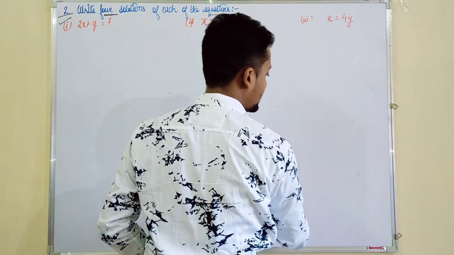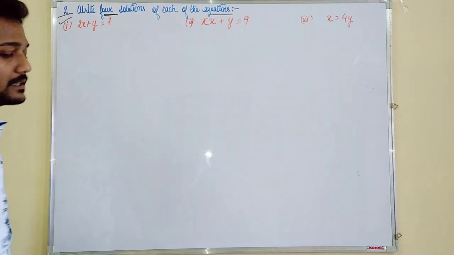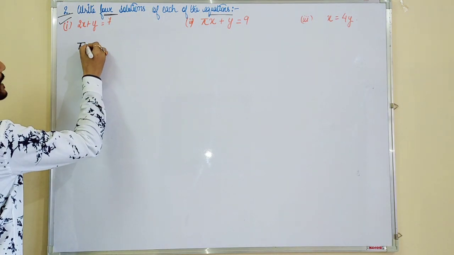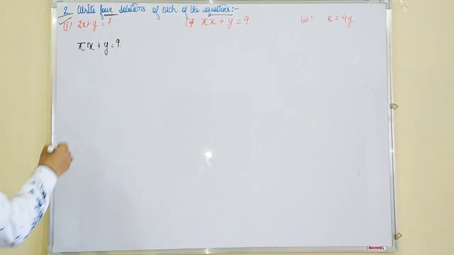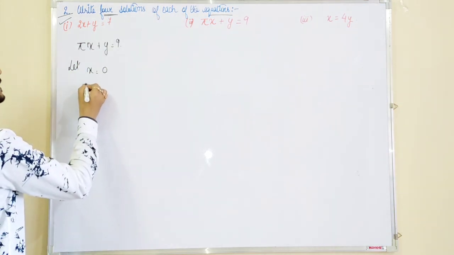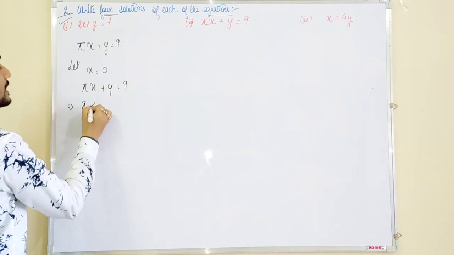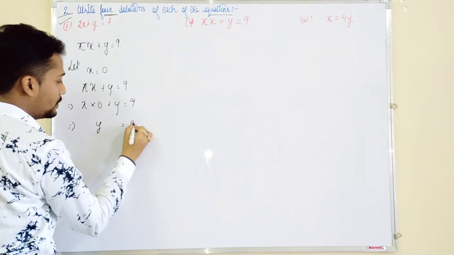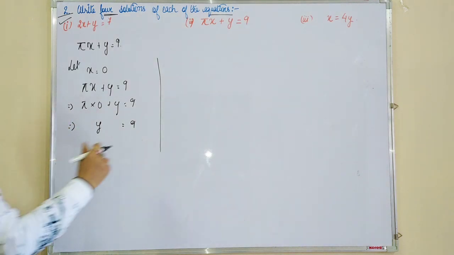What do we have next? We have with us 3 sets of questions, isn't it? Out of which one I have done, second I will be doing: pi x plus y is equal to 9. If we take, let x is equal to 0, y will be equal to what? Pi x plus y is equal to 9, or pi into 0 plus y is equal to 9, or y is equal to 9. This is clear, isn't it? Pi into 0 is equal to 0, that means it will vanish.